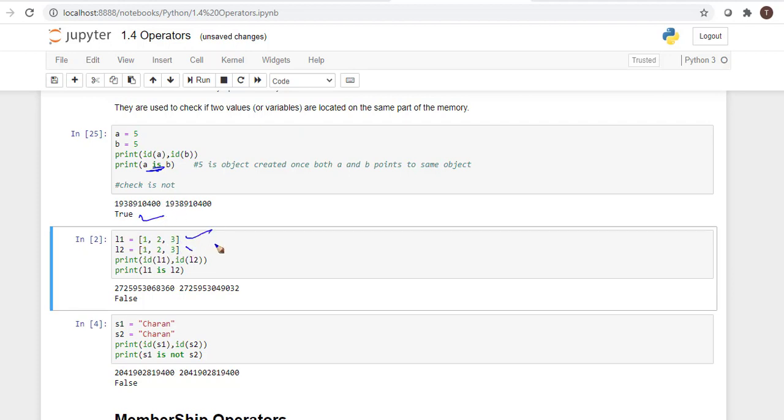Here we are using two lists. Value-wise both are the same, but in memory they are not sharing the same memory. Lists and most sequences do not share the same memory, even though they have the same values in the object.